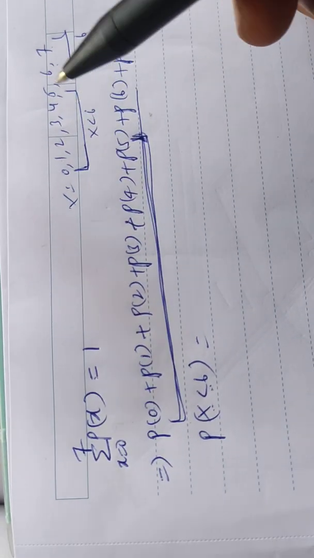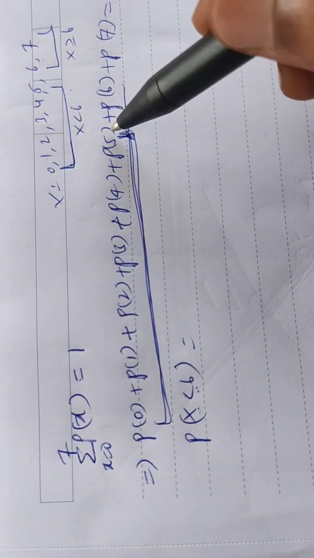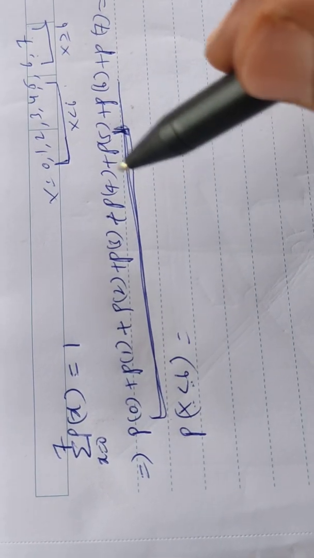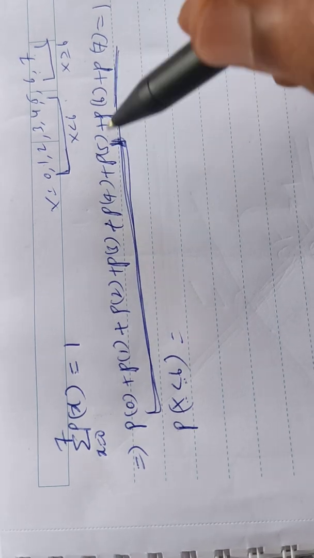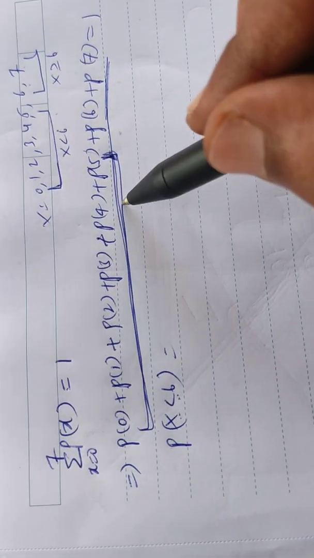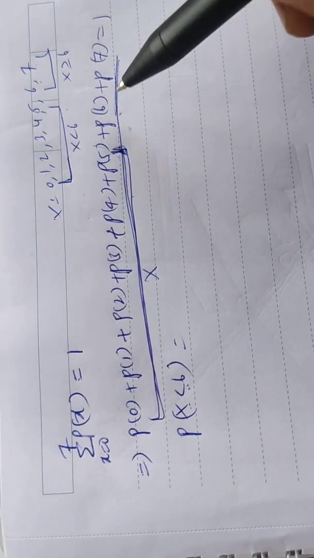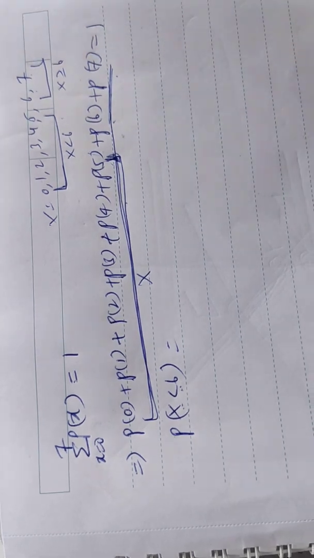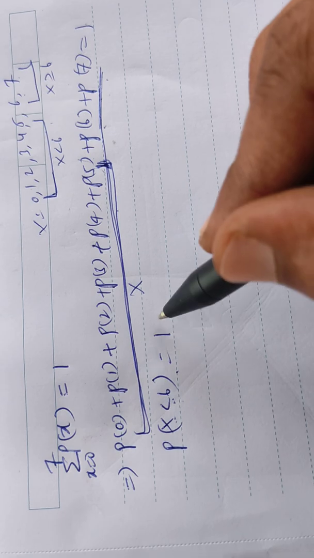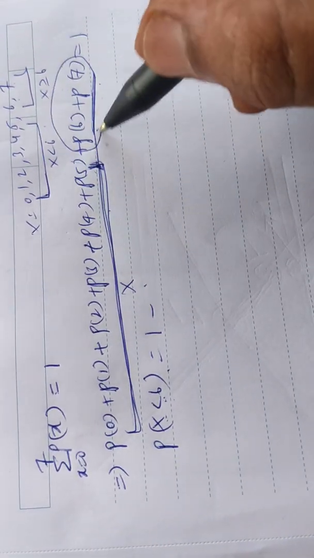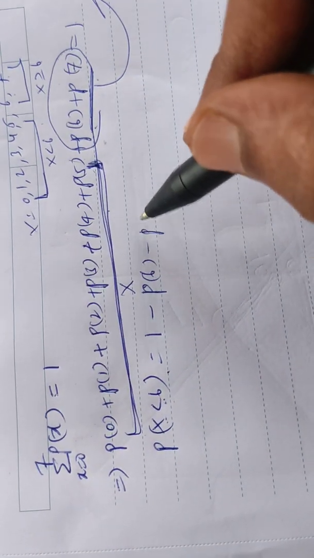Or otherwise we have another option. See, 1 2 3 4 5 6. Is it better to find 6 probabilities or only 2 probabilities? Two probabilities are easier to find, right? So don't find all of these. Let the sum be x, send the other two to the right hand side so that you get the probability of x less than 6. So I'm doing 1 minus probability of 6, minus probability of 7.